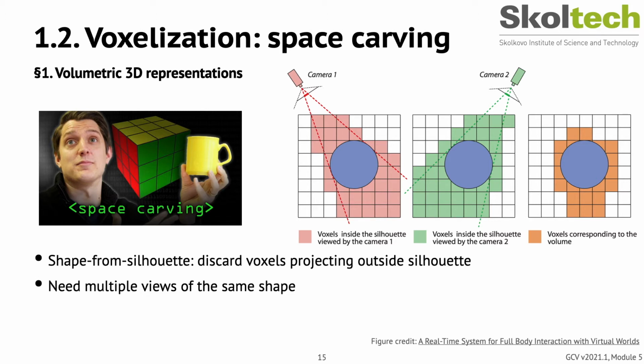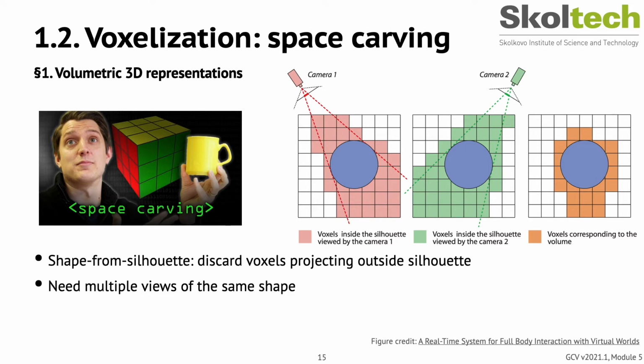So it's basically an image grid, a 2D grid, and we have the camera poses. In each of the images that we take with the camera, we find the silhouette of the object, and then we discard voxels that are projecting outside the silhouette. In the images in this slide,